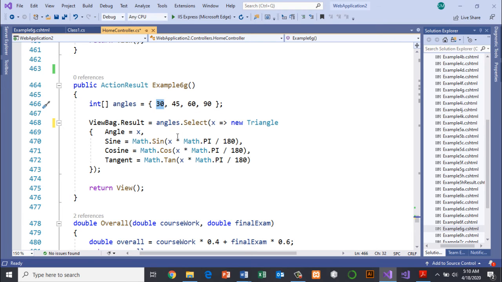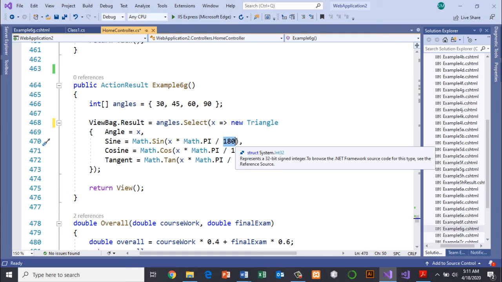So degree to radian is that we need degree multiply with pi value. So there is a constant within the Math class, Math.PI. It will return the pi value, and we divide by 180. So 180 is actually the total angle in a triangle.